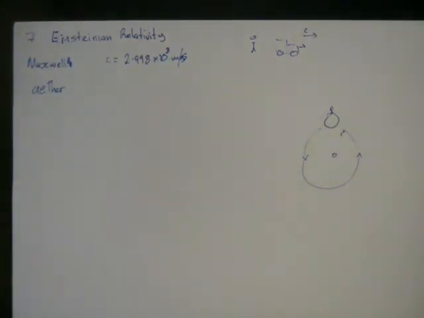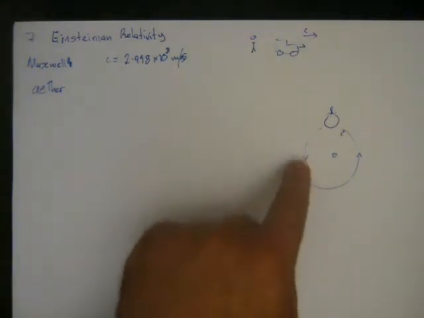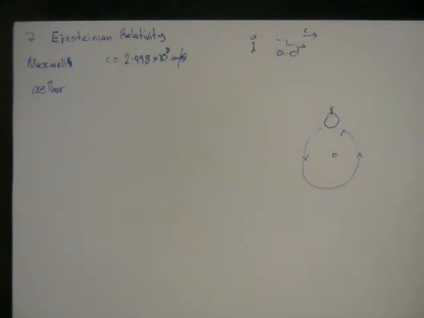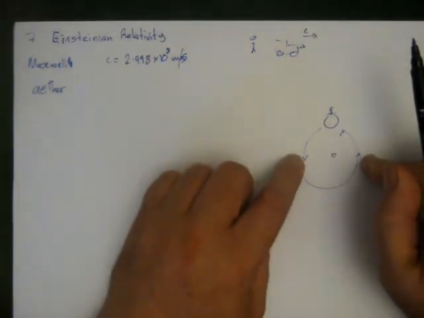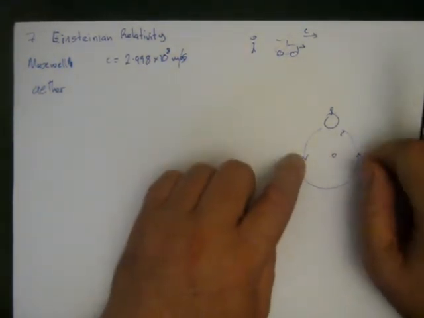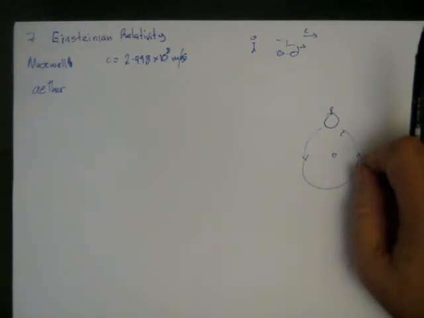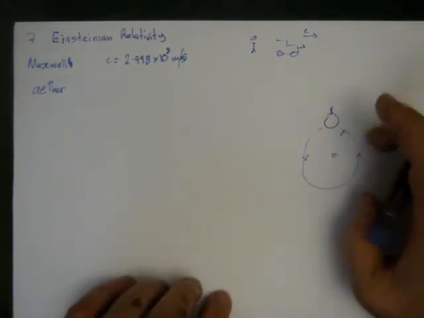Therefore, we should be able to measure a change in the speed of light depending on which part of the sun we're going around. And a couple of physicists, Michelson and Morley, decided to do an experiment to actually prove that the speed of light is different. Of course, actually what they proved was that the speed of light was the same,